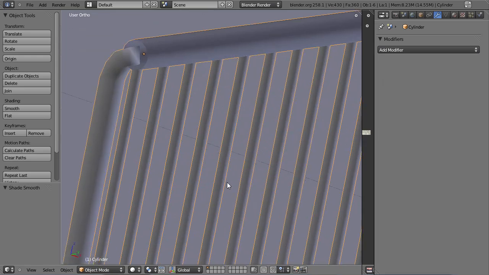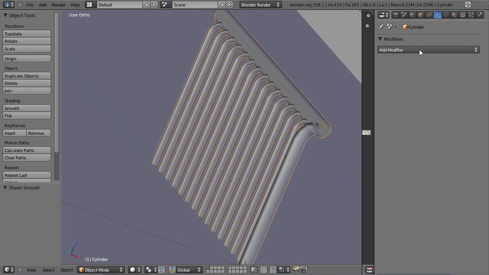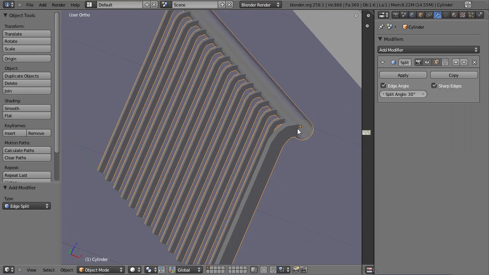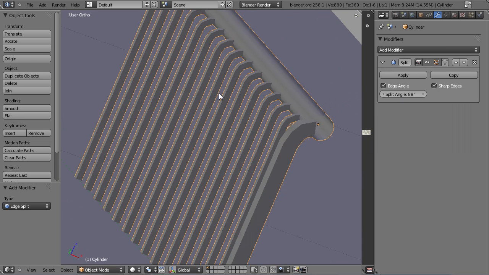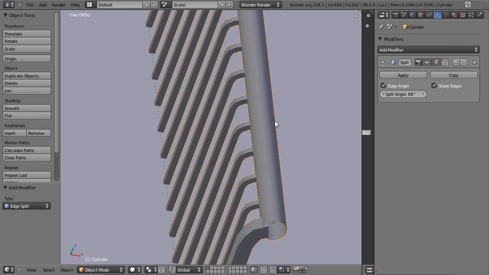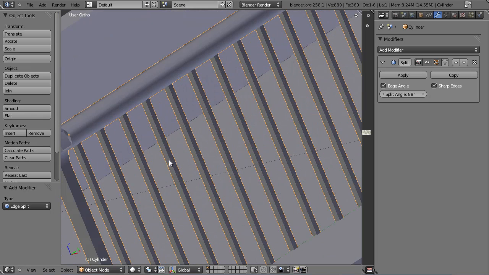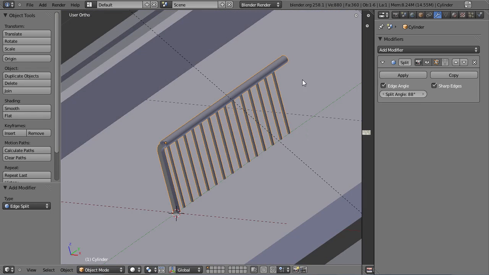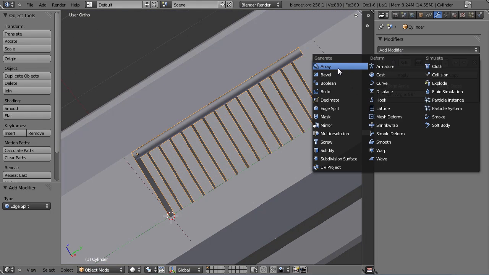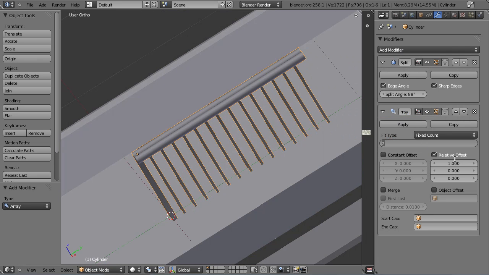And when you get that, these poles have this weird kind of look to them. So turn on an edge split modifier. Set the angle to 88. That's so you get that nice smooth effect there and on the rail itself, but you also get the nice cut edges as well. And then once you've done that, we're going to turn on another array